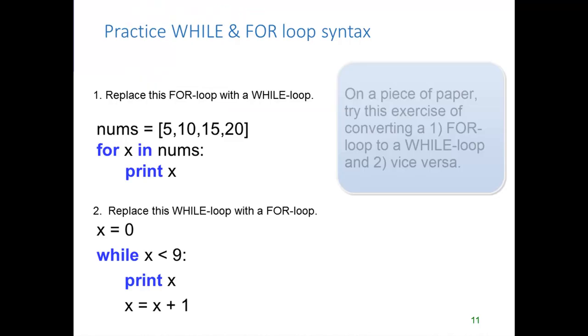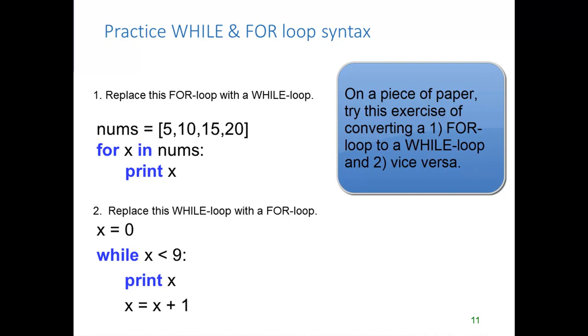Can you write a while loop that's equivalent to this for loop? Try to just write the code down that's in the number 2 and change the numbers. Go through like you're a computer and think about what exactly it's going to print. So it'll print 5. So when it's 20, it'll say x less than 20, and so it won't print 20, right? But this one actually does print 20, right? Because the for loop is going to print 20. It's going to go through that entire list. So you need to change your,